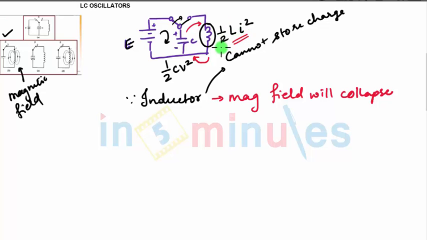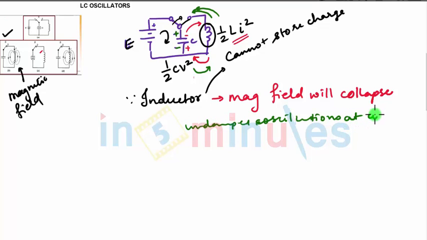Now the magnetic field has collapsed and again the capacitor will start charging, but the charging direction now will be positive, negative as shown. Now again in the next half cycle the capacitor will start discharging. The discharging direction will be this, and again it will charge in the opposite direction and the cycle will repeat. During the discharge it induces current in the inductor again, and because of the collapsing of the magnetic field it will again charge the capacitor in the opposite direction. So this continues and it generates undamped oscillations